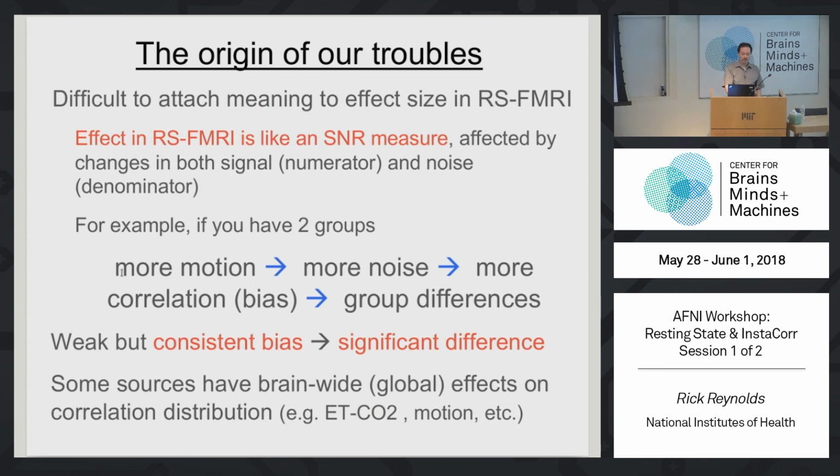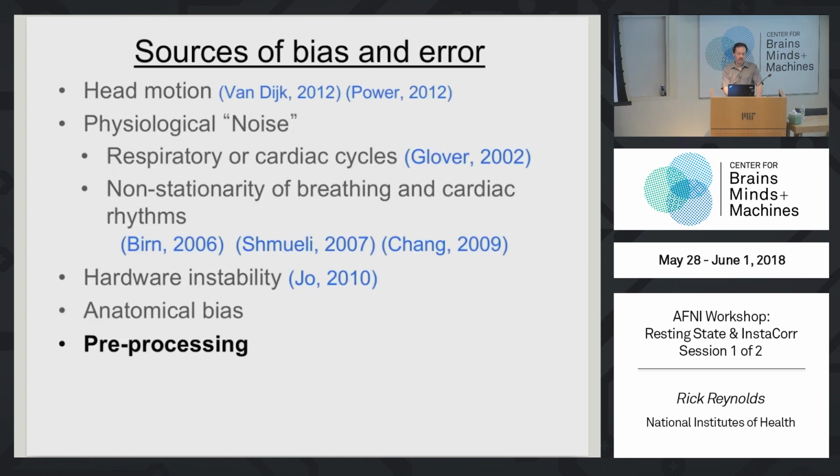But again, for here we're talking about motion can lead to a lot of variance in the data due to just that motion, and those can lead to correlations and group differences, and so you don't want that. CO2 has a big effect as well. If the subject starts breathing deeply or something like that, that can produce large signal changes, and that can dominate the correlations as well. So there are a handful of papers that have been written over the years about sources of bias in here. Head motion, for example,